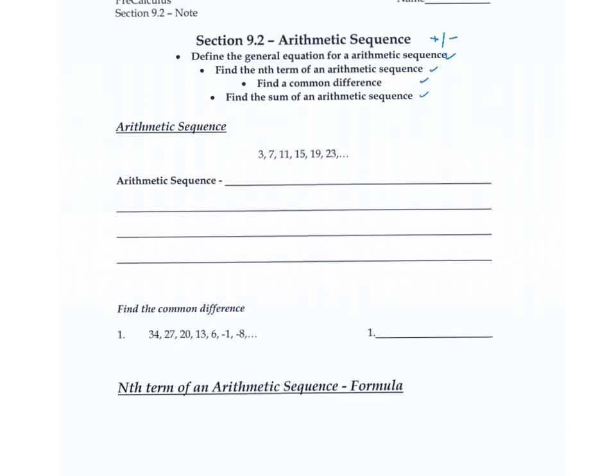First, we need to know what is the definition of it. Here we have an example, 3, 7, 11, 15, 19, 23, etc. Did you notice that the term behind it is always 4 more than the term ahead of it? So the definition of arithmetic sequence is that there exists a number, and we use D, and we call that common difference. In the example listed above, the number 4 equals D, such that